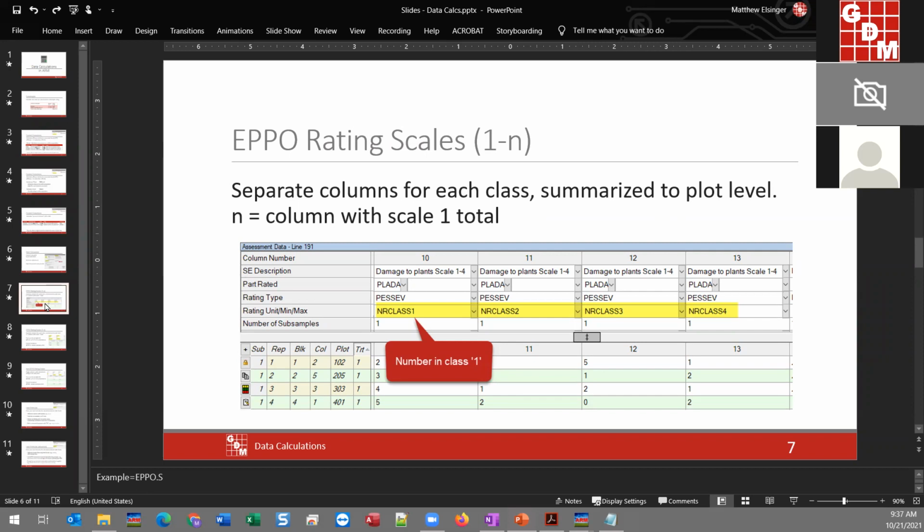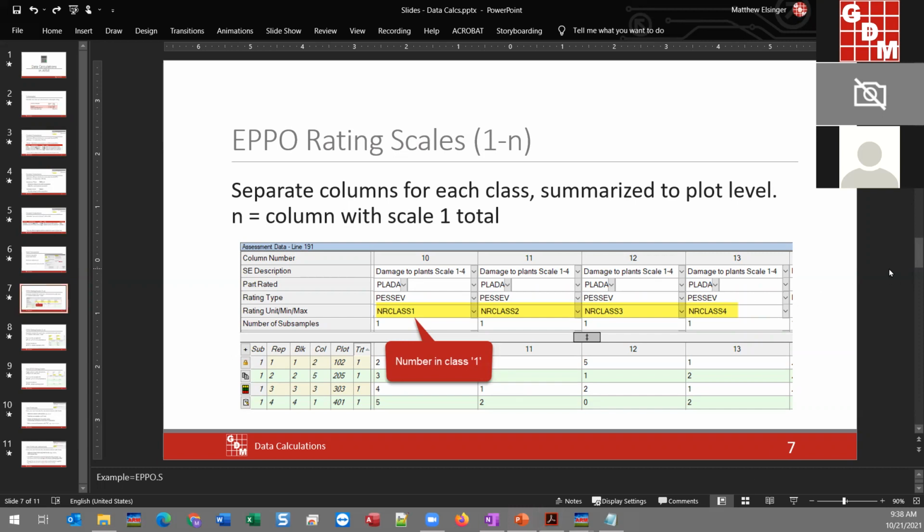All right, so the next category is for rating scales. To be honest, this one I don't get a lot of questions in the support box about, but I know it's in there. I'm not sure if it's not something that gets used often, or if it's a matter of people not knowing it's there. So I thought, let's cover it here to show what's possible, whether it's just a rarity in the industry,